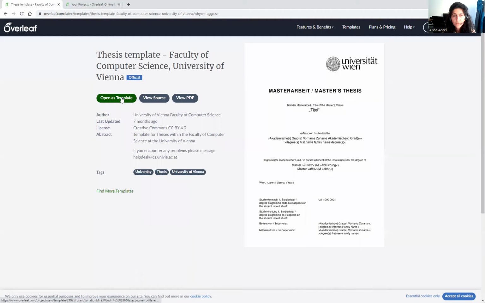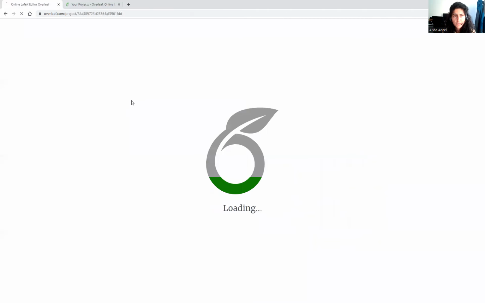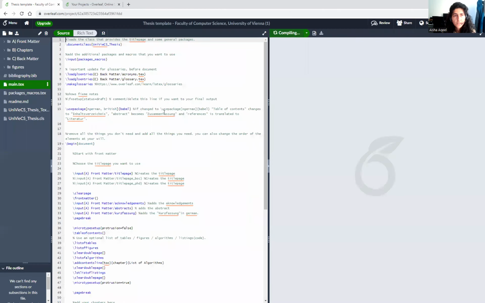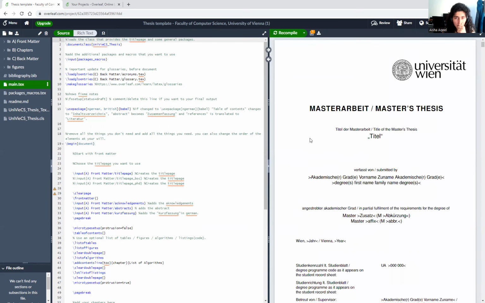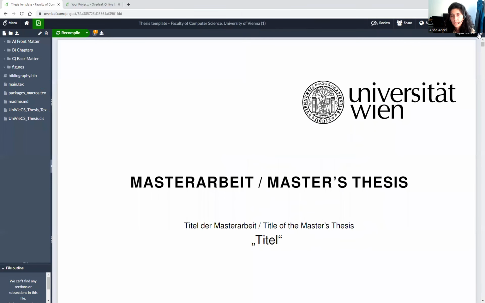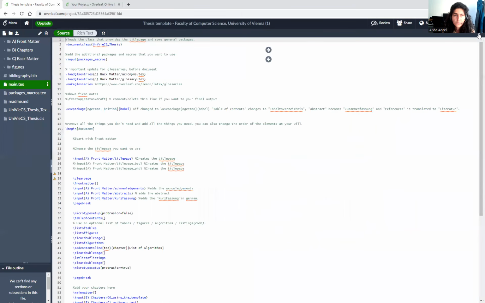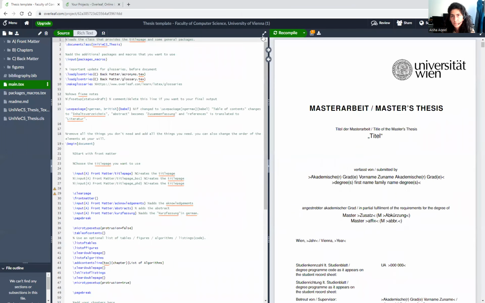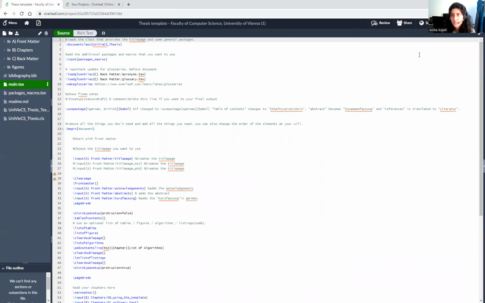If I click, it will directly open in my account, and you will see it like this. This has two sides. One is where you can edit it, and second, you can see how it's going to be converted into PDF. You can make the screen bigger to see the PDF, how it's going to look, or you can make the editing screen big.